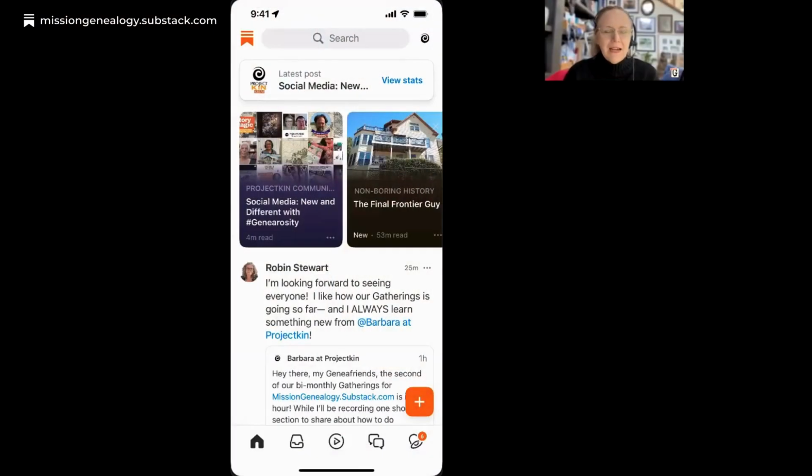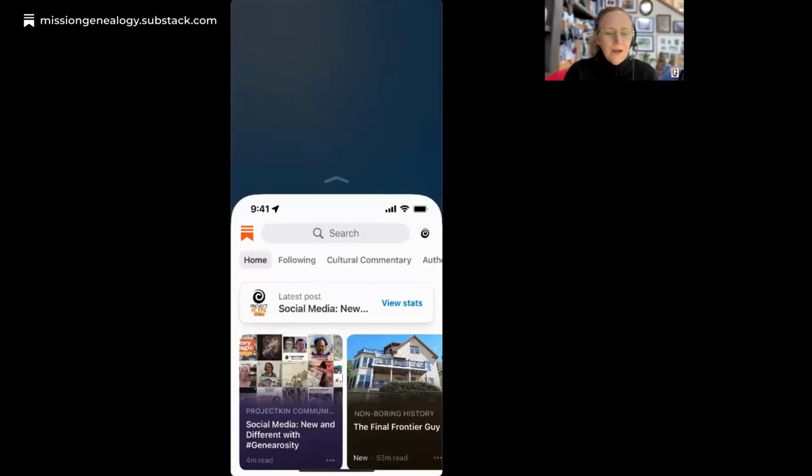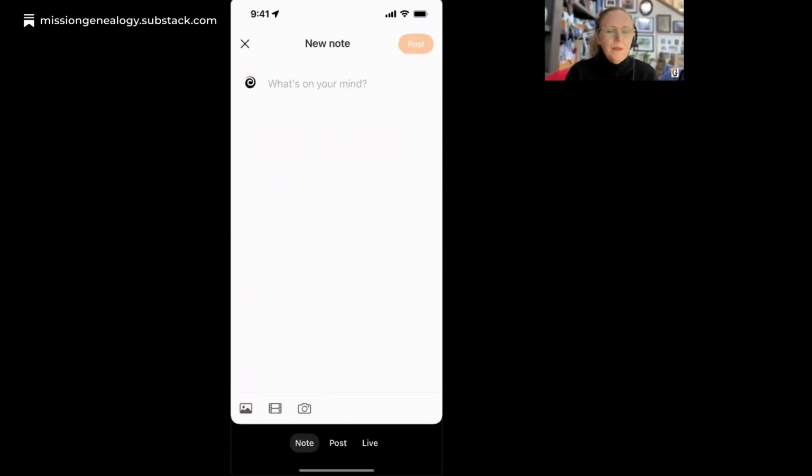So let me show you the interface first. I'm going to share my screen, and in this case, I am again on Zoom, and I am looking at my own Substack screen, where you know how it works. I can drag it up and down, and you've seen this little red plus button before. That plus button allows you to create on Substack.